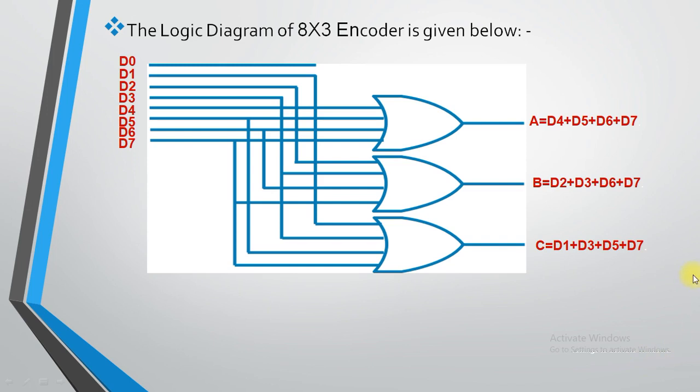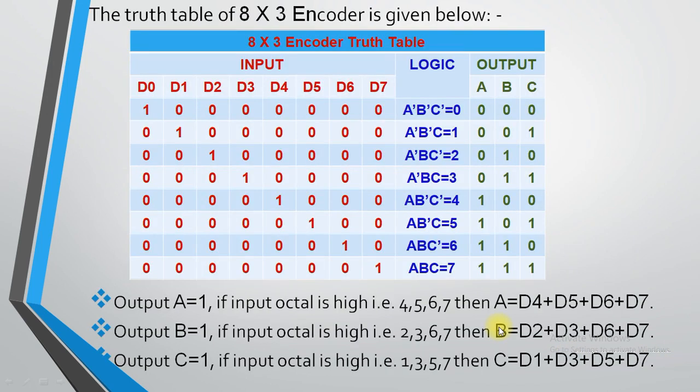Now, sorry. Let me move to the previous slide. Over here, we have the truth table of the 8x3 encoder, which I have already explained. For an 8x3 encoder, you need to provide 8 input lines, and each is activated at a time for a particular output, for three output variables, that is A, B and C. So for 3 output variables, you need to write 8 possible combinations, which we always perform.